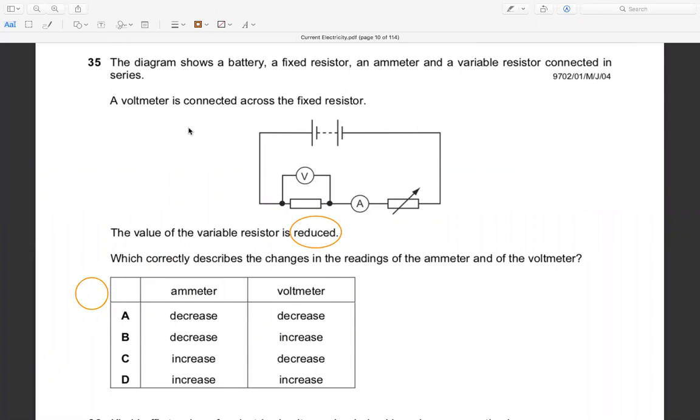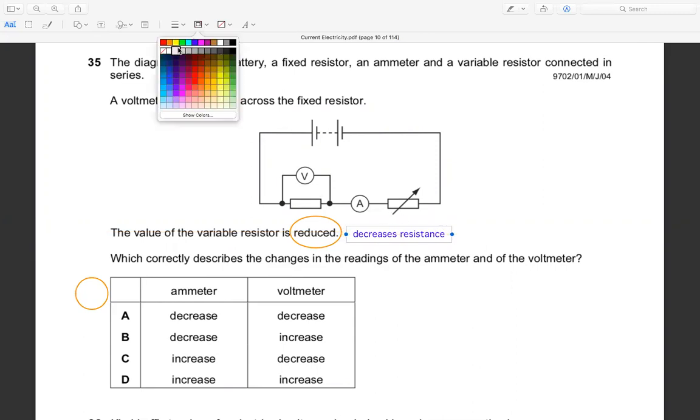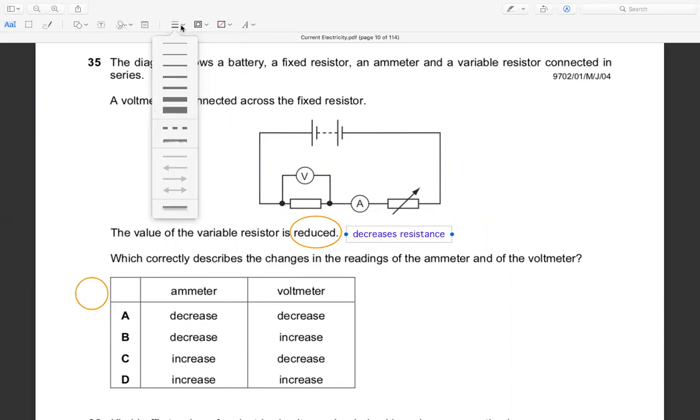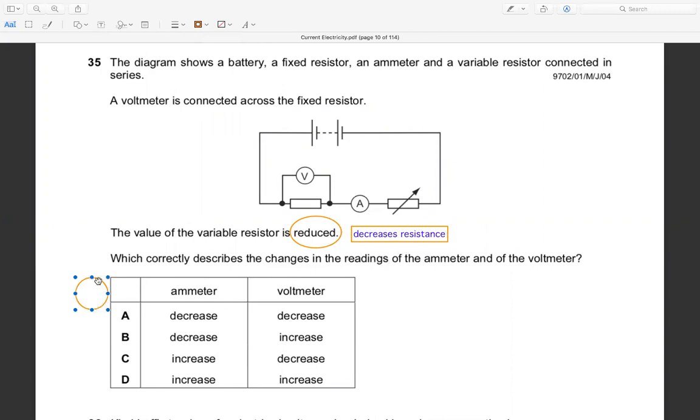It means the resistance decreases. Kalau decreases resistance, ya,